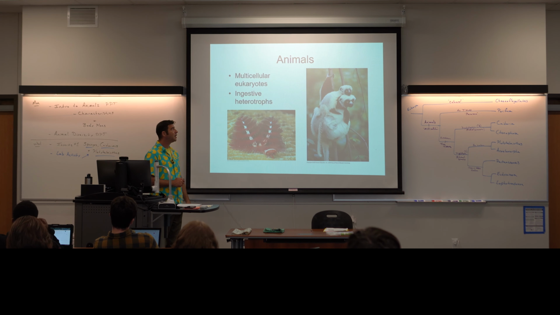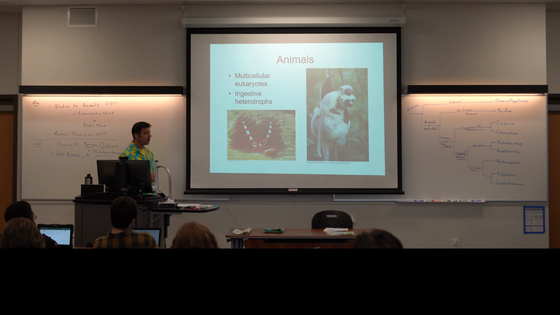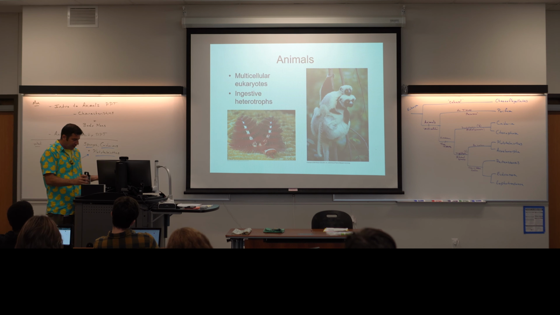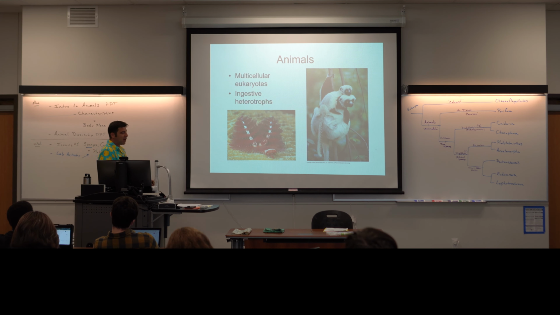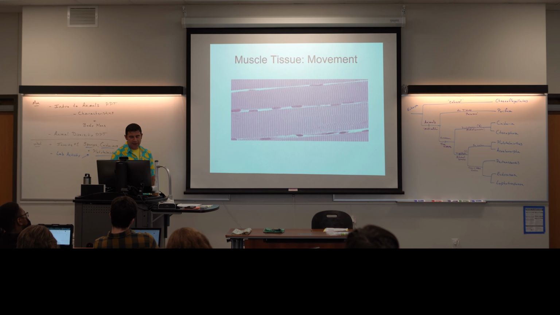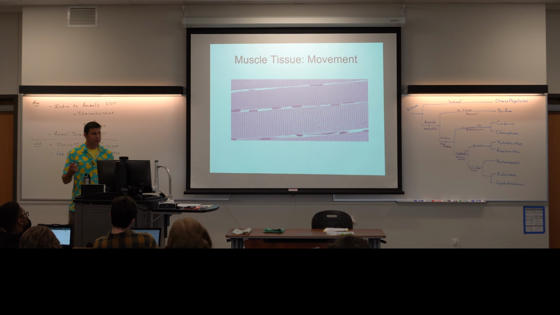To jump back to this slide, we said plants and fungus are also multicellular eukaryotes. But unlike plants, animals are heterotrophs. And unlike fungus, their digestive enzymes are on the inside. They're not absorptive heterotrophs. When I take this coffee, I don't just dump it on my head and let the caffeine and sugar be absorbed by my body like I would if I was a fungus. I have to ingest it and let it contact my digestive enzymes on the inside. So ingestive heterotrophs lack cell walls, have that extracellular matrix,